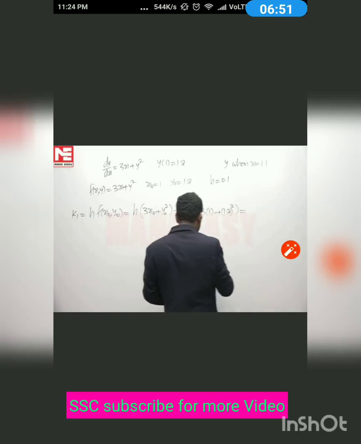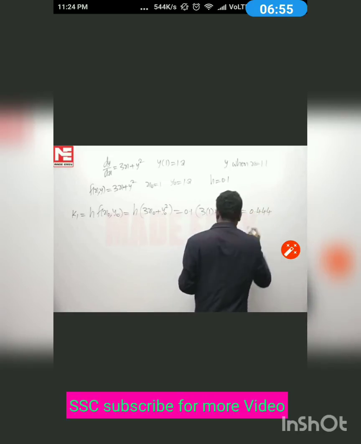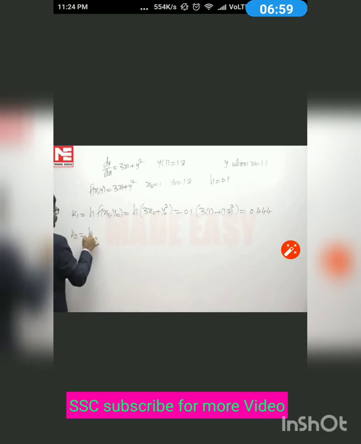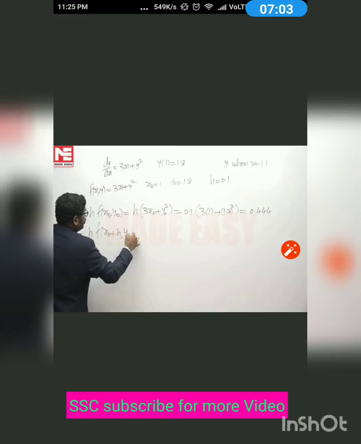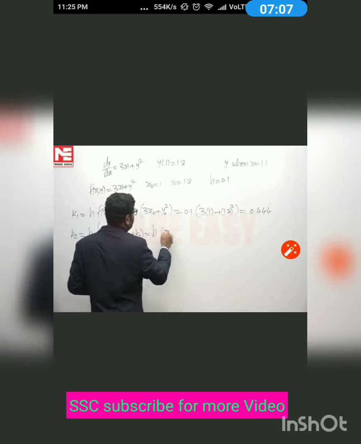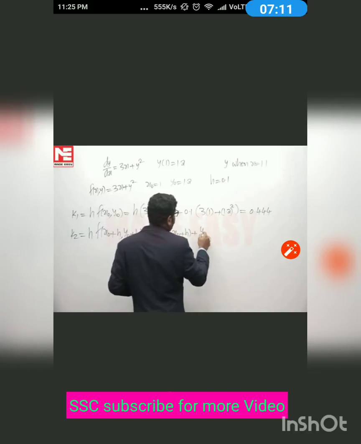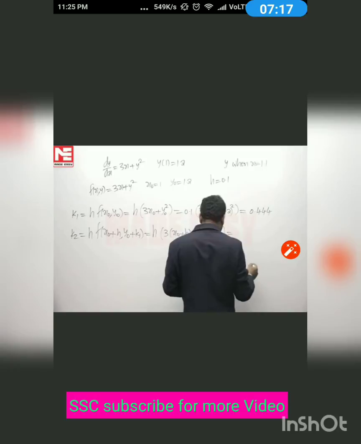By simplifying this, we will get 0.444. Next, we have to find k2. k2 is h times the function of x naught plus h, y naught plus k1, that is h of 3 into x naught plus h plus y naught plus k1 whole square. By substituting and simplifying this value, we will get